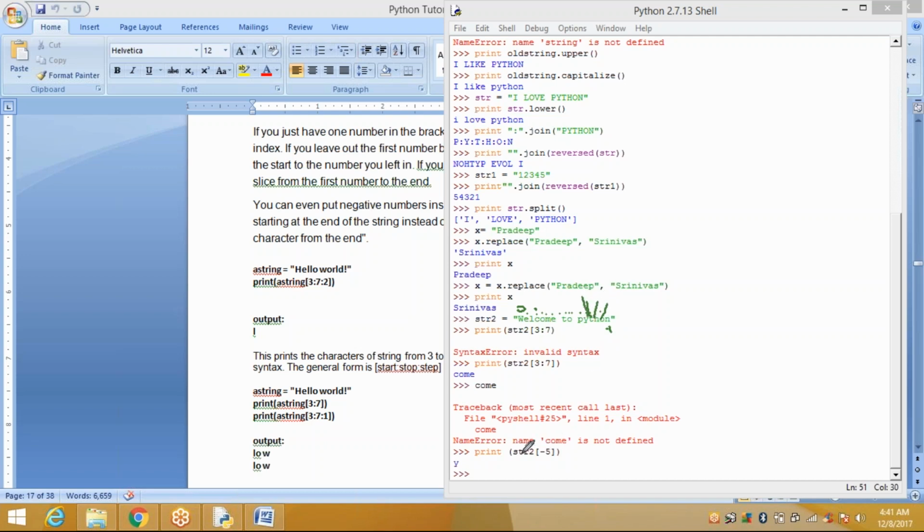Now you have applied str2 of -5. Now it displays y. Suppose if I type print of str2 array of -10.